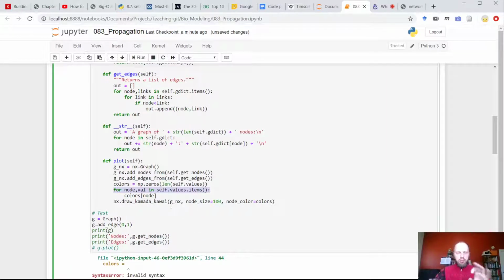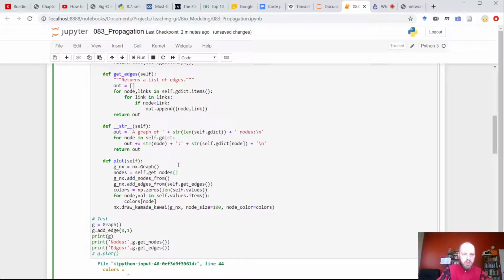Okay, let's do it slightly differently. So let's go back here and do nodes equals self get nodes. This is now a list of nodes. Then we do add nodes from this list.